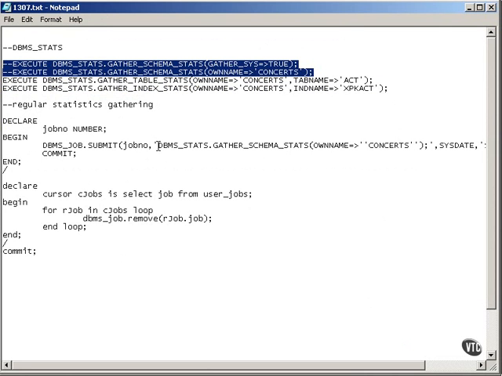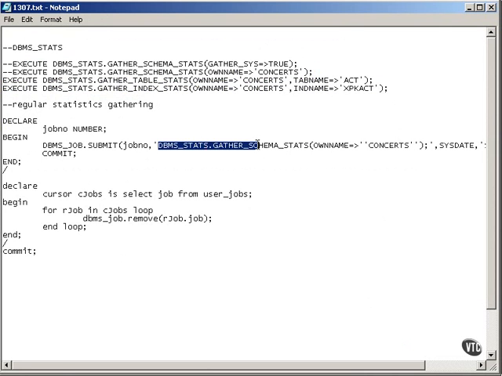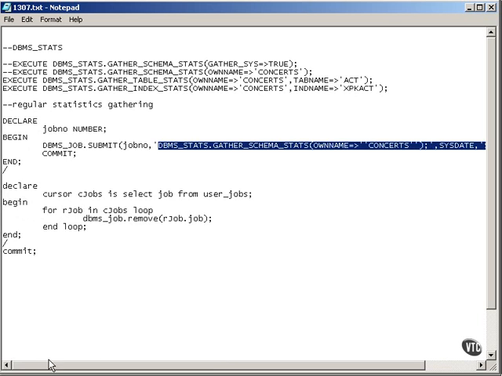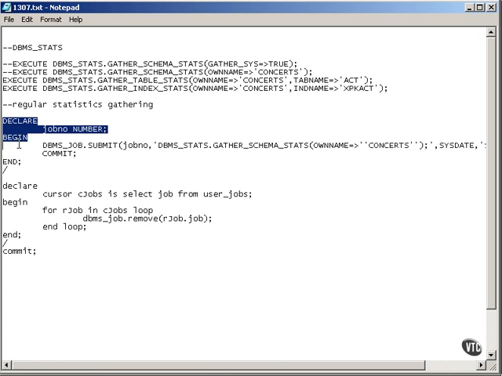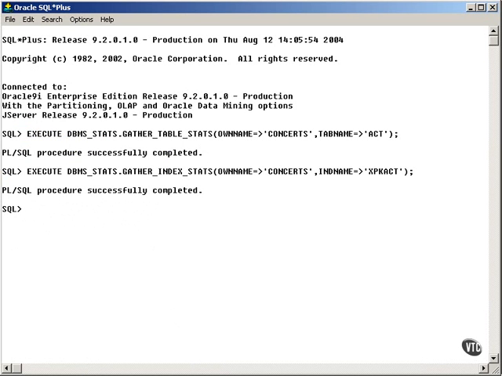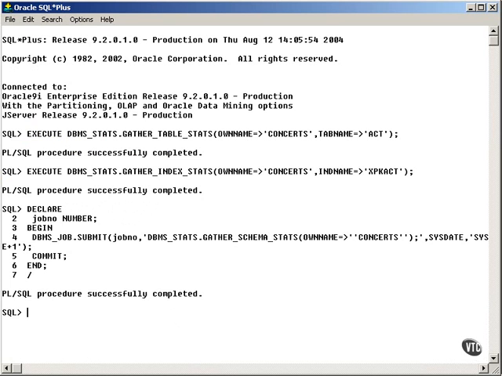The other thing I do want to show you is that you can basically set up repeated statistics gathering executions using something like the DBMS jobs to schedule. Obviously you can do the same thing with the analyze command. But all I'm going to do is I'm going to create a job here that says execute at a specific